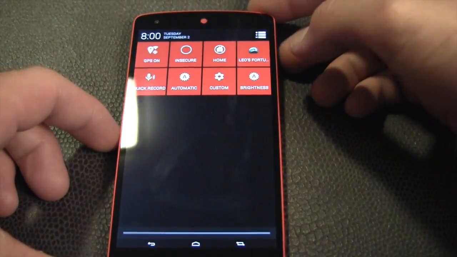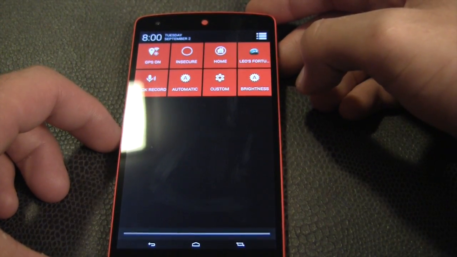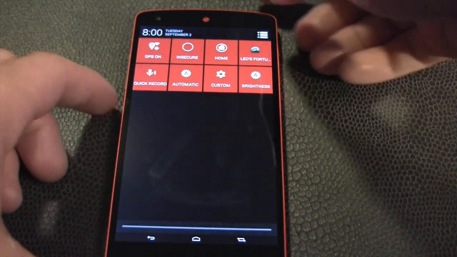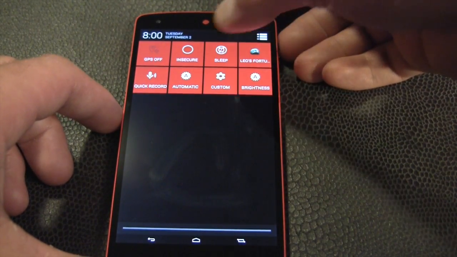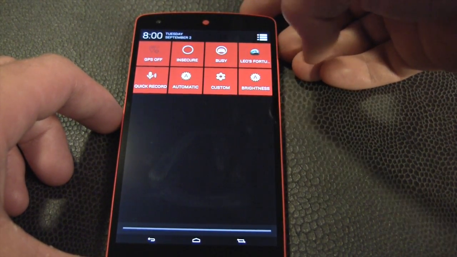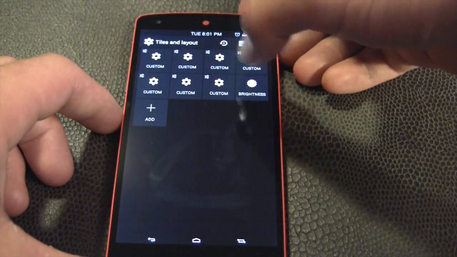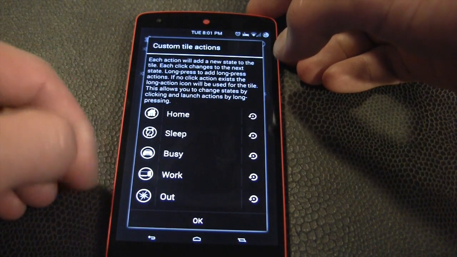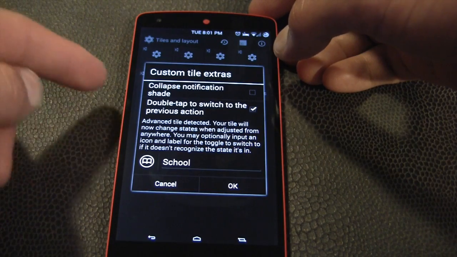Next up, I have a profile here that automatically switches when my Wi-Fi turns off, when I connect to the school Wi-Fi, the work Wi-Fi, the friend's house Wi-Fi, when I plug into my car Bluetooth, etc. So I can click to switch between these modes clearly, and I can also show you real quickly. I have home, sleep, busy, work, out, and then as a 6th spot,